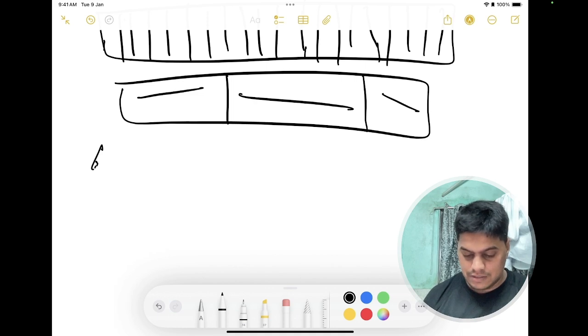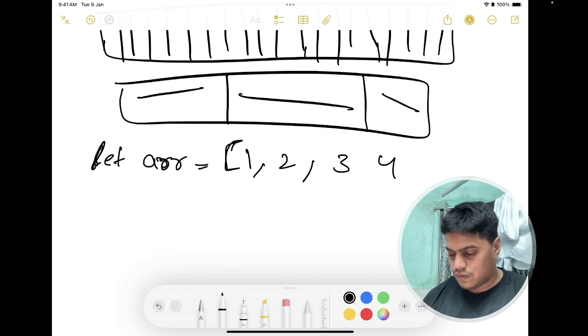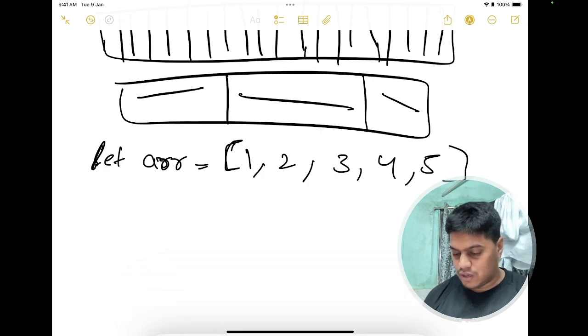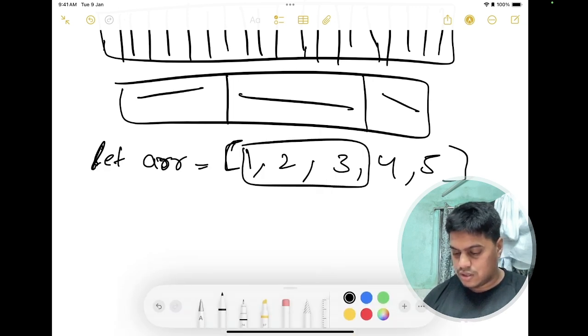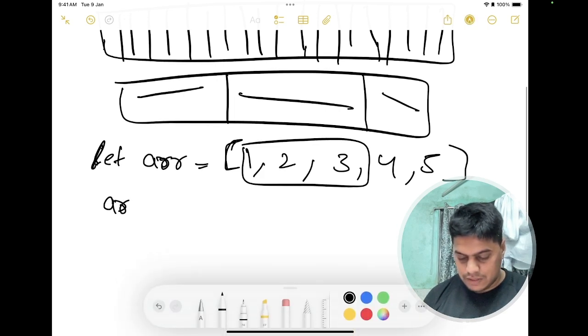And let's create an array over here, arr, right? And this is the bracket notation, 1 2 3 4 5. So here we have an array of numeric values, right? And let's say we want to grab this portion, right? So we will write our syntax over here,